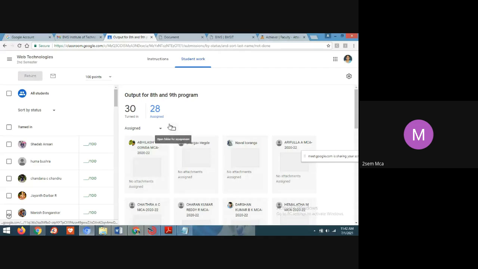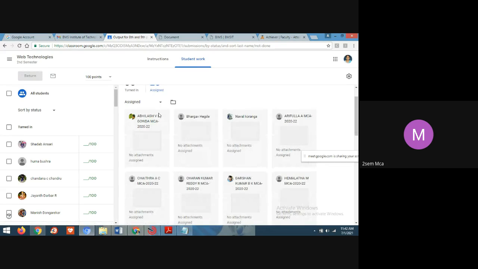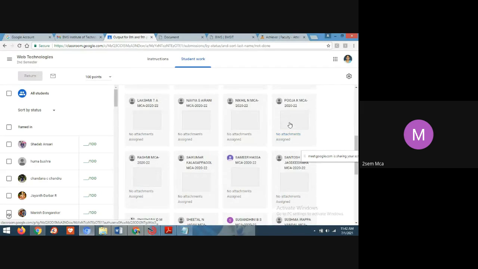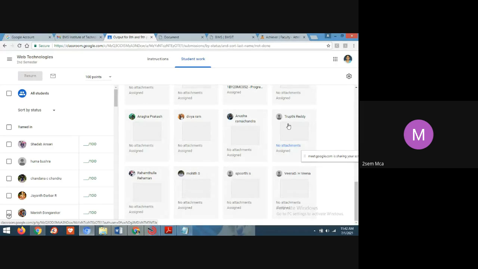See, 8th and 9th program, how many students have not submitted the output? 28 students. Abhilash, Bhargav, Novel, Arifullah, Chaitra, Charan, Hemalata. See, so many students have not uploaded.